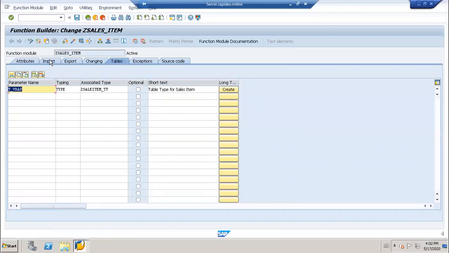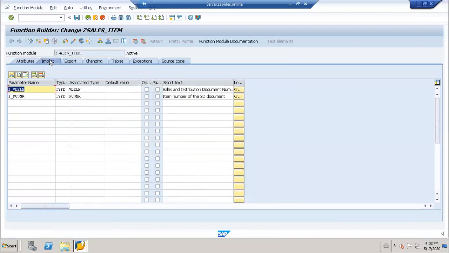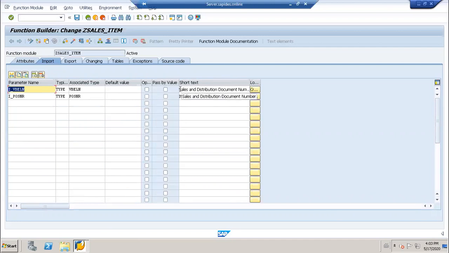So what are the things you have to take here? You have to take importing parameter, okay. But somehow it is allowing pass by reference. Let me confirm that. I think in function module somewhere pass by references are not allowed. But let me confirm. Here it is easily allowing. I think during RFC creation, pass by references are not allowed. Yes, I think so, because once I created RFC, pass by references are not allowed. You have to always pass by value.